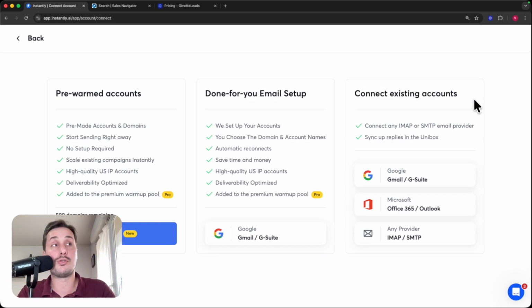For example, what you can do is to use Google or Microsoft mailboxes provider. And with this option, it costs between $3.50 to $4 per month per mailbox. So it's cheaper compared to this option, done for you email setup, where it's $5 a month per mailbox. So here you have the choice. You can connect Google and Microsoft mailboxes, or if you have something more custom, you can use this one, any provider. So you see that you have the choice when you want to create or import your email accounts directly